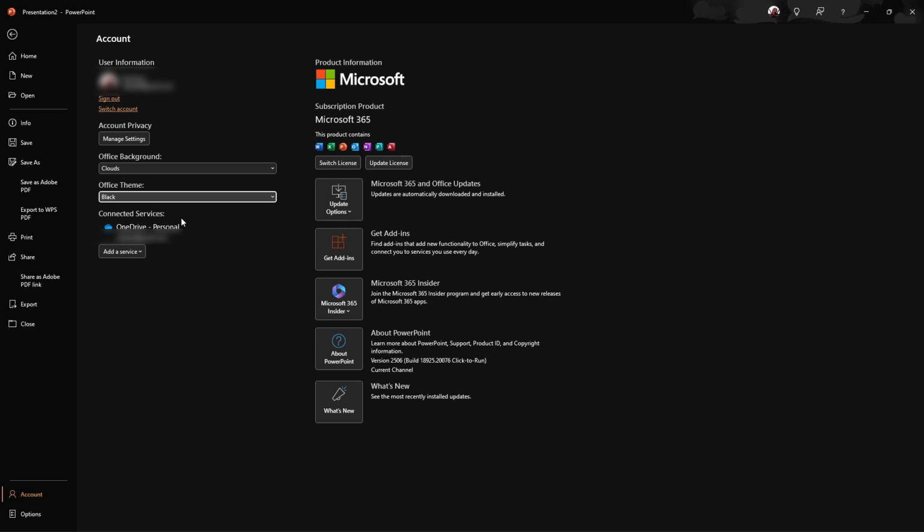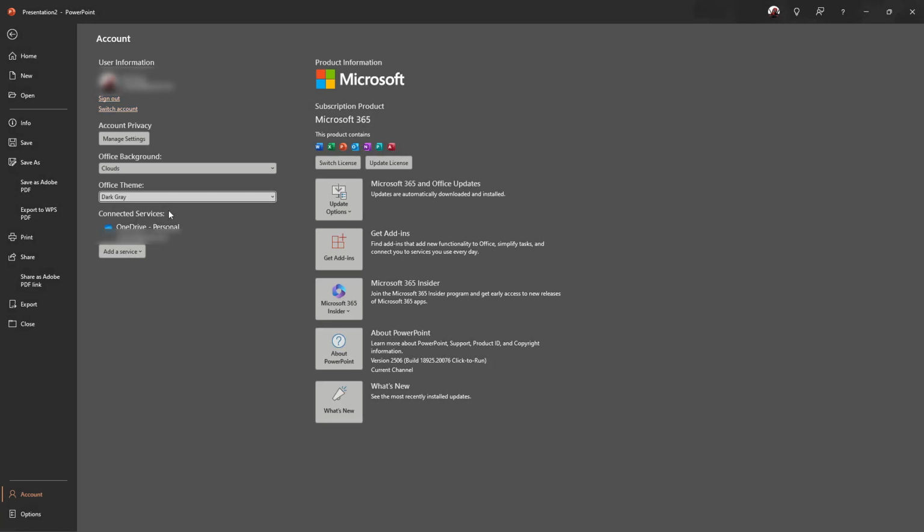Alternatively, if you prefer a less extreme option, you might select dark grey. This offers a subtler contrast, perfect for those who like a softer separation between text and background. After you've made your selection, the changes should take effect immediately. You'll notice that your Office application's appearance shifts to the theme you've chosen, thereby reducing strain on your eyes, especially